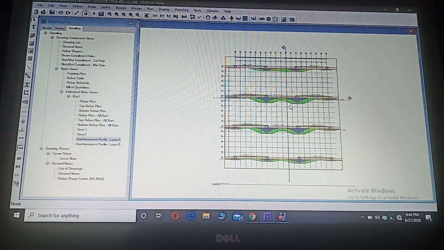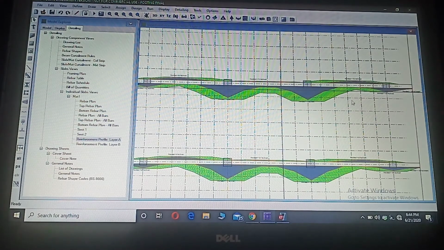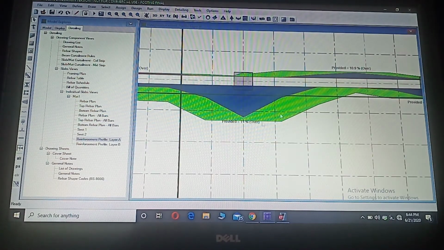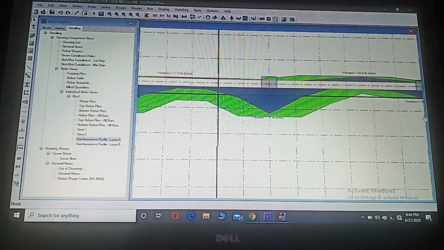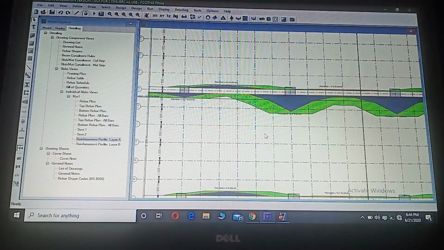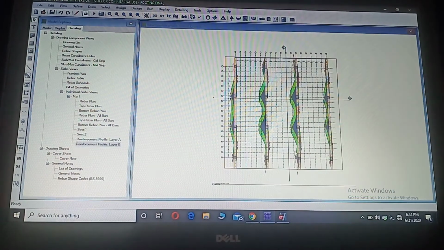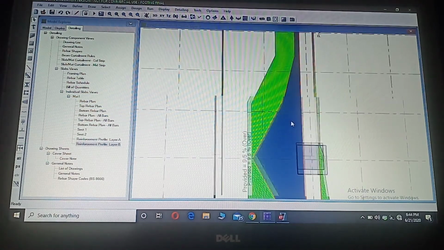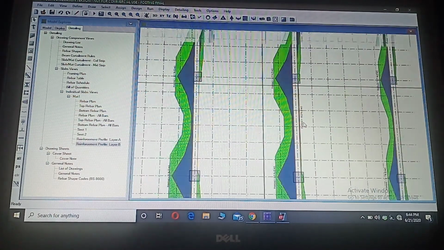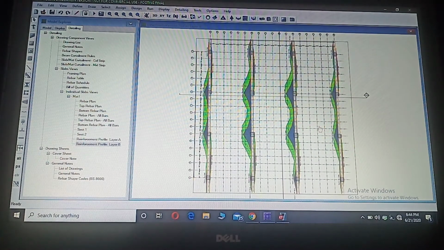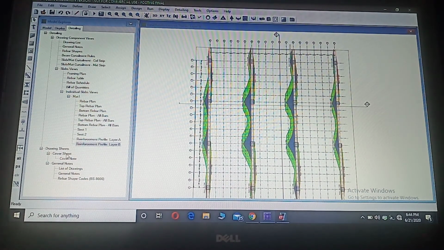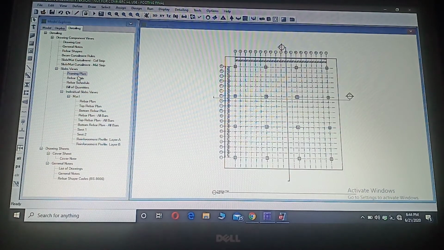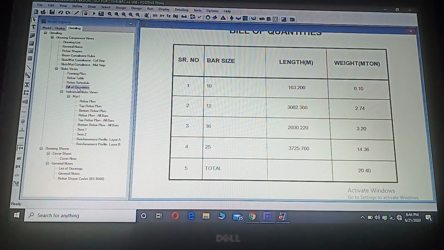This is the reinforcement profile of layer 1, or we can say layer A. You can see the values provided over it. And for layer B, this is the quantity of reinforcement that we use.